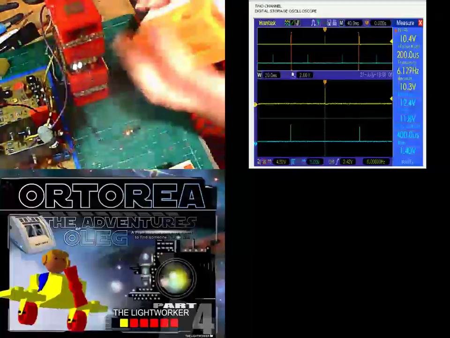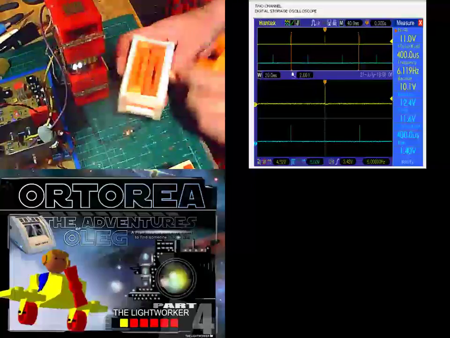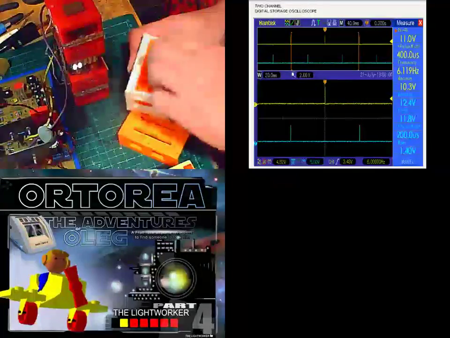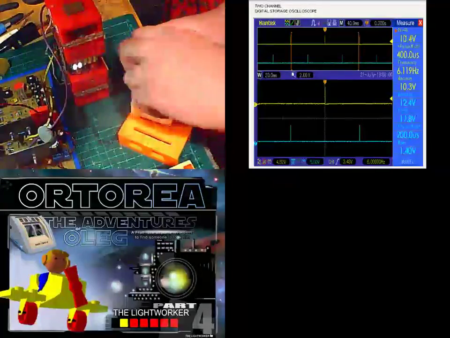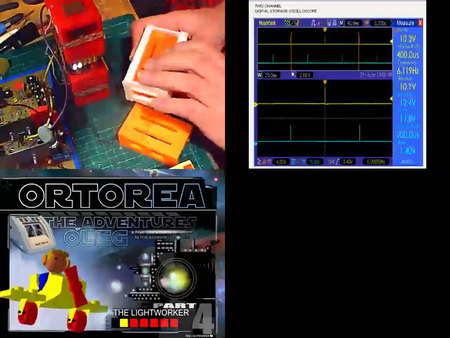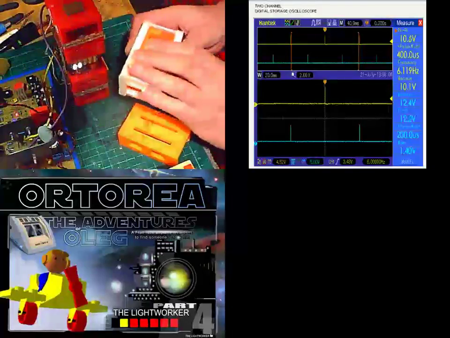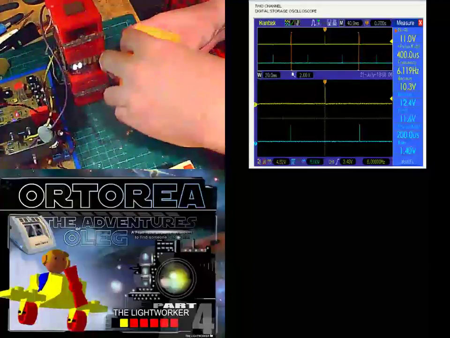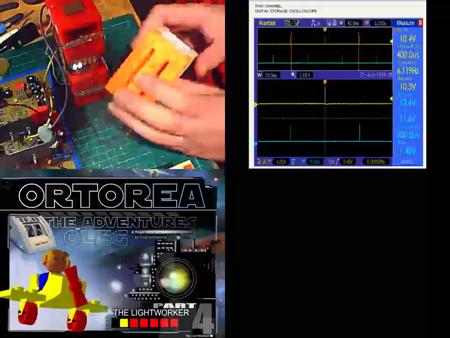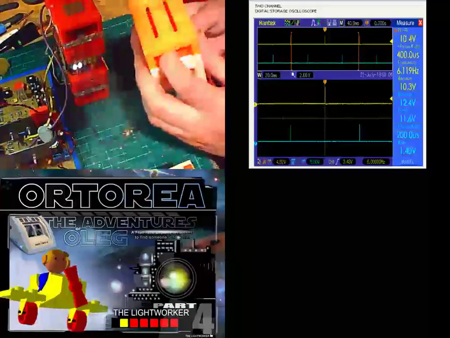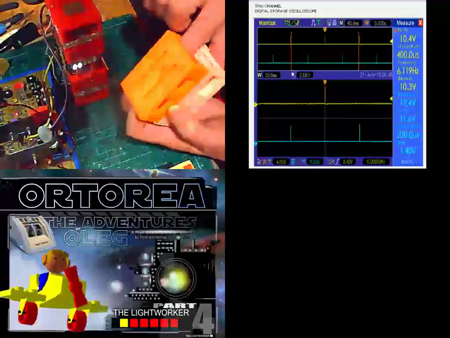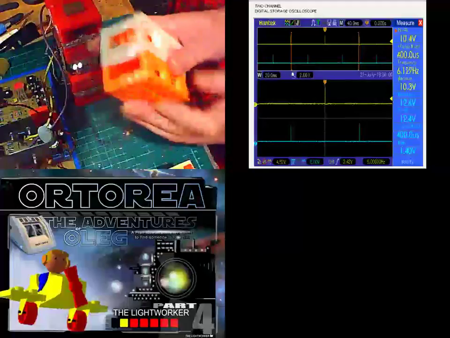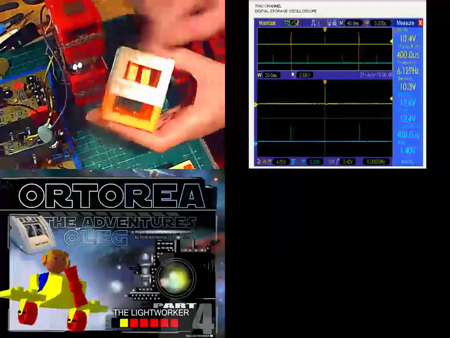And oh, my bobbins aren't straight even at the moment. Let's get these straight, don't we? It is a snug fit though. There we go, I've got them straight. And then this goes on, like I say, on here. Like that. And this will be pressing up, these bobbins will be pressing up against the bobbins that are inside here when they're installed. And so that's my extension secondary coils, which will be on the ends of this one